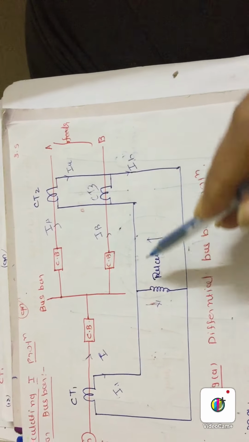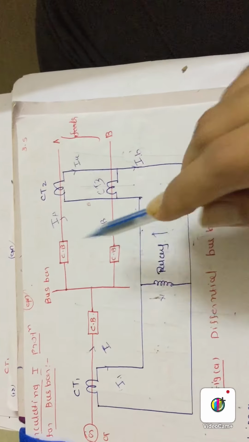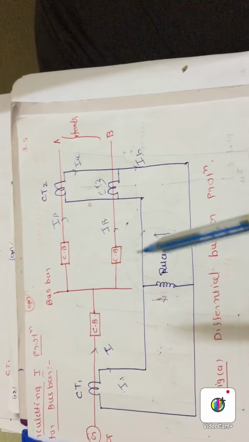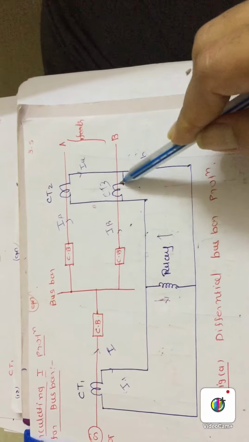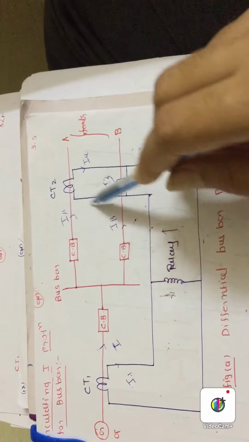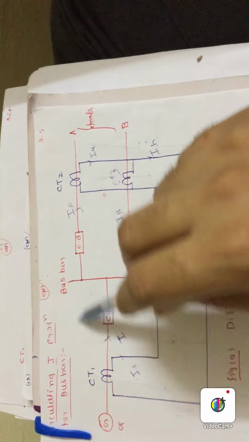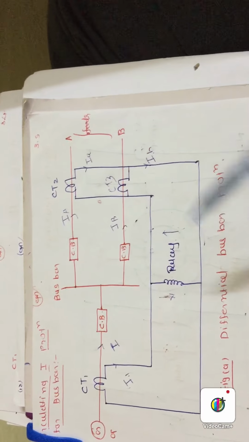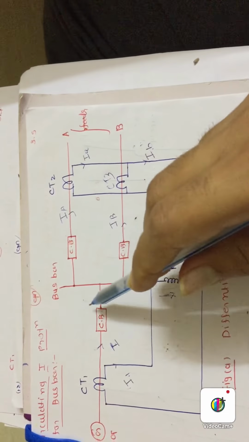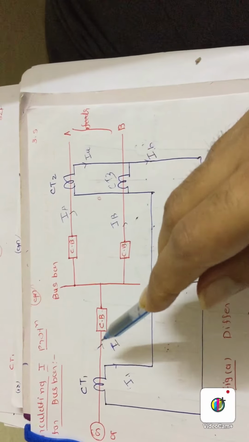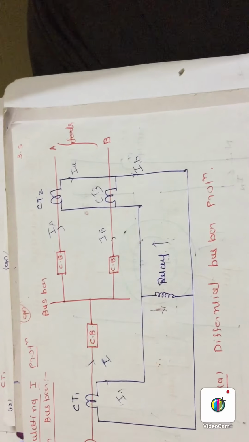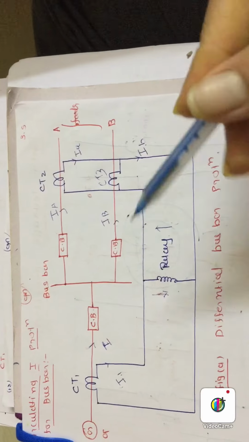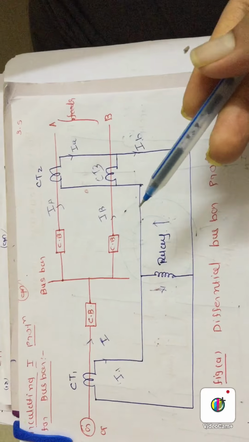In faulty condition, let's say a fault occurs between here and here. You have to note that this protection will only provide protection between CT1, CT2 and CT3, so this region. This is the protected zone provided by the differential relay. It will not operate for an outward fault from these CTs. So if a fault occurs in the protected zone, then according to the fault location, the direction of I1, ia or ib will change. So the net current will not become 0 and the relay will operate.